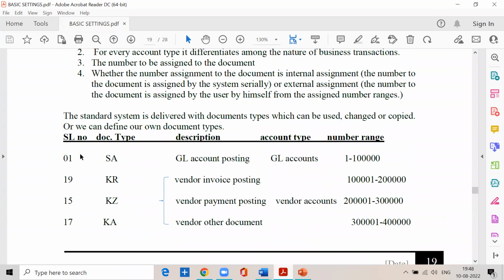So here the standard system is delivered with the document types which can be used, changed or copied, or we can define our own document types also. In most of the cases, system defined document types are enough for the implementation also. Now we will see how to define the number ranges, and now one more thing is,